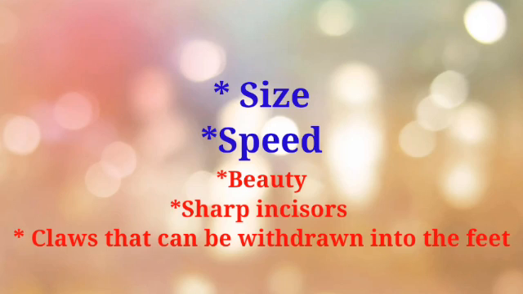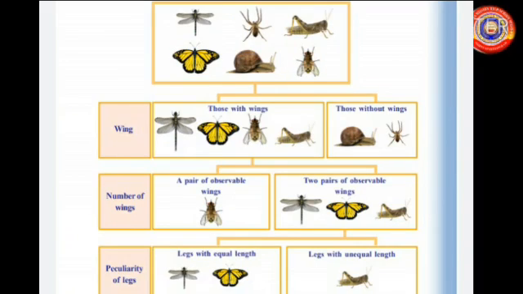If more specific criteria are adopted, classification becomes more accurate. It will be easy to study organisms if they can be classified according to a suitable criteria. Children, observe the illustration. What are the criteria used for the classification?